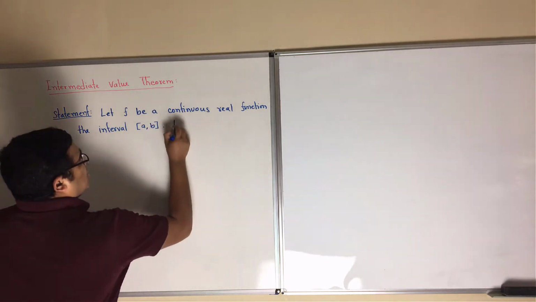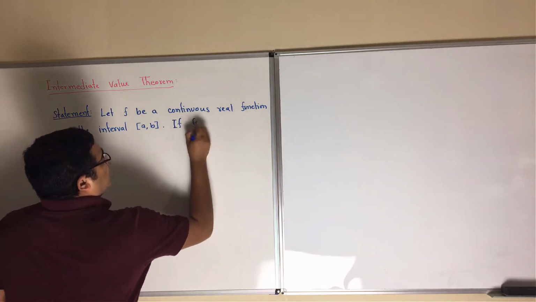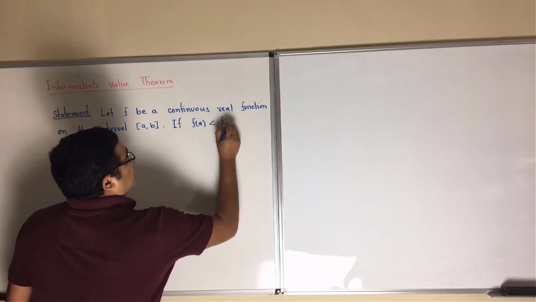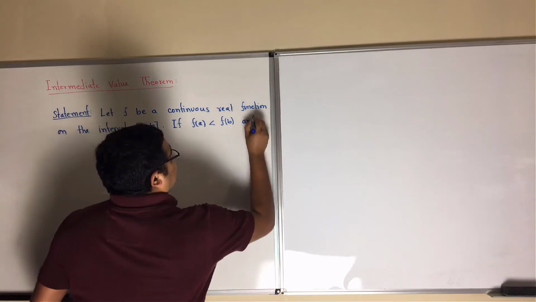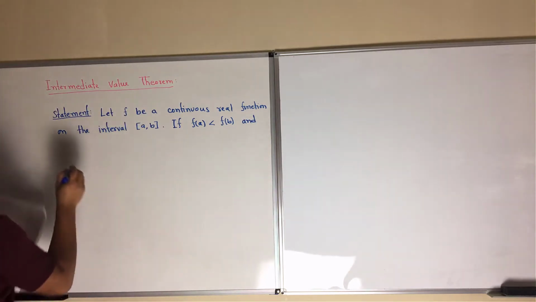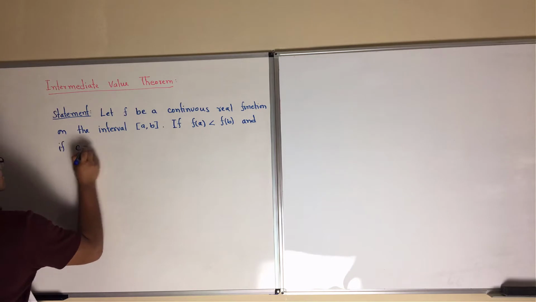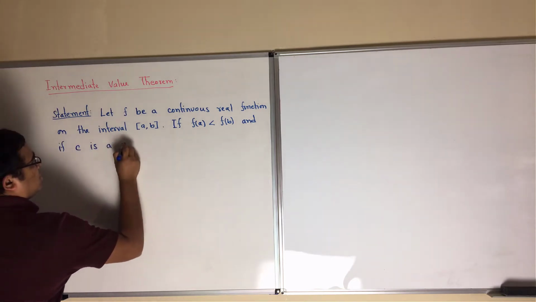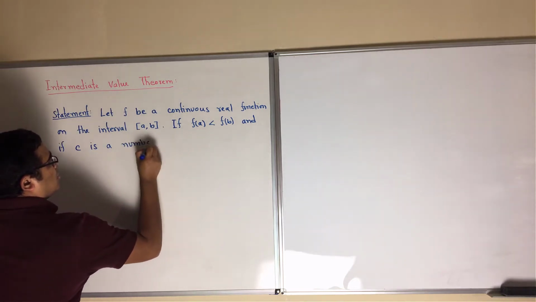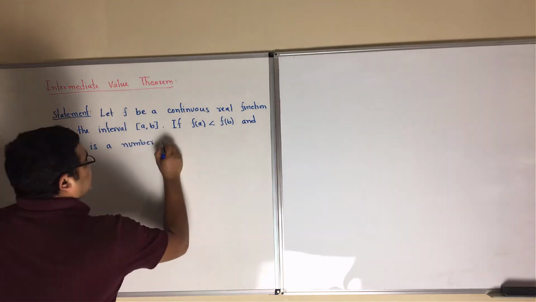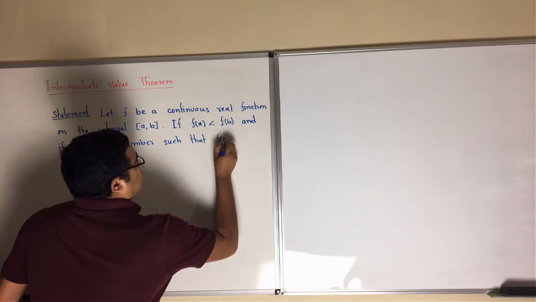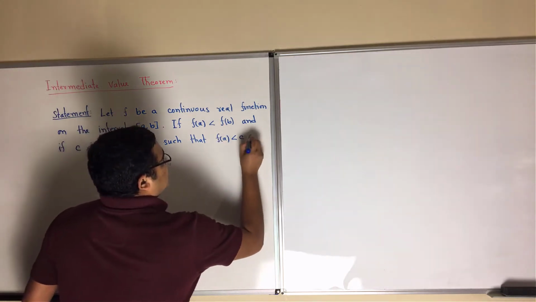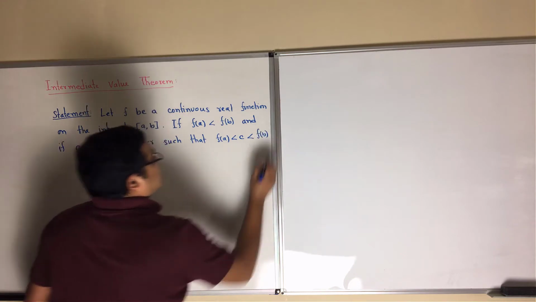If f of a is less than f of b, and if c is a number such that f of a is less than c less than f of b, that means c is between f of a and f of b,